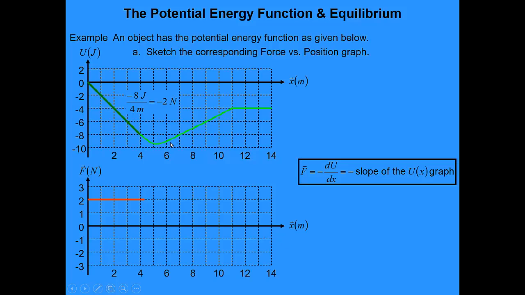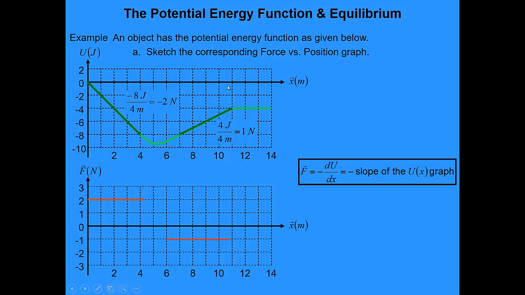Now, let's go from about 7 meters to about 11 meters. That looks like a nice linear part. So here the slope is up 4. Be careful, it's not 1, 2. You've got to look at the scaling. It's up 4 and over 1, 2, 3, 4. Up 4 and over 4, for a slope of 1 newton, but that's not the force. The force is the negative of the slope, so it's -1 newton. And note I started it kind of here-ish,